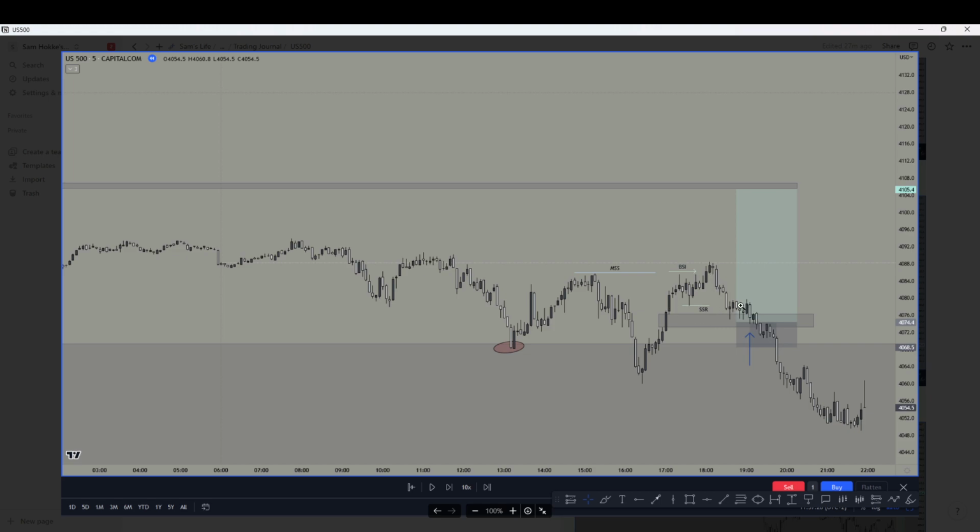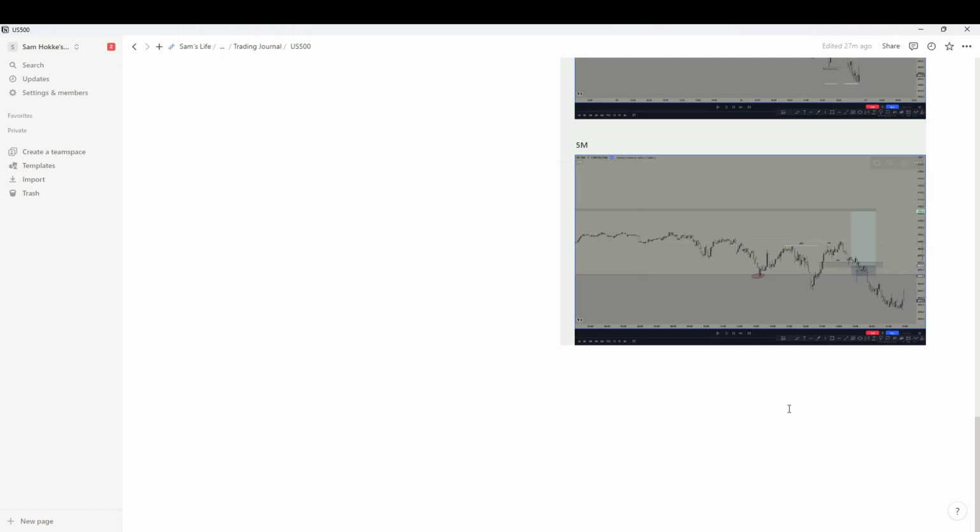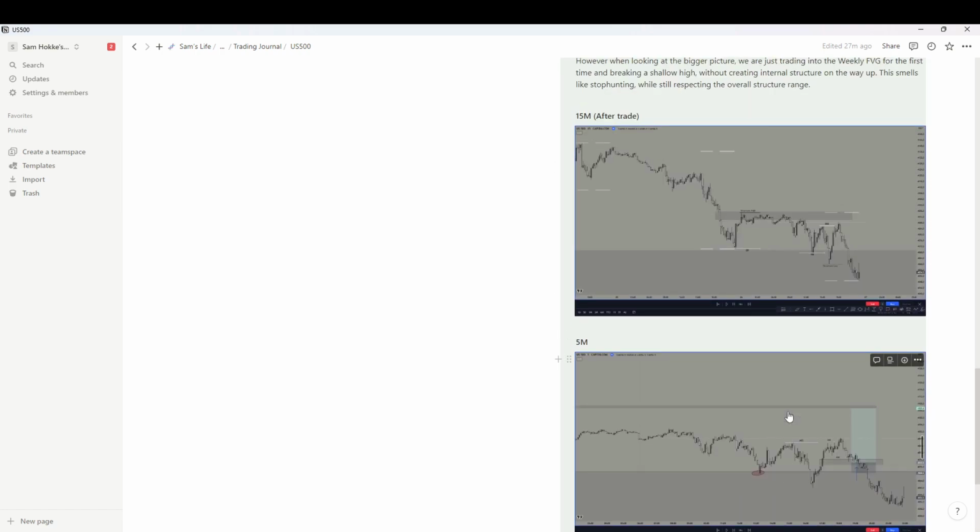So in retrospect, I could have done that better, but also on this trade, it is something that I saw, that I drew out. My main concern with my trading has always been that I'm not following up on the things that I see and that I analyze. So that is something that I'm proud of, and that I'm journaling also as a good notion.